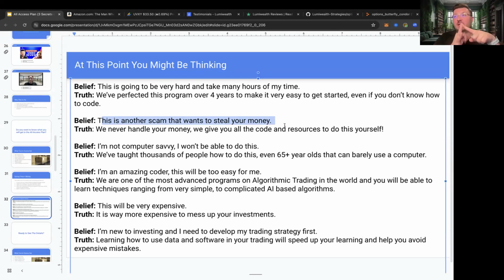We're starting a hedge fund, but the minimum to our hedge fund will be at least $250,000. But we're not handling your money. I don't want to touch your money. You know what I mean? You put it into the broker, the broker handles the money. We give you the algorithm, you run the algorithm, and it all completely stays with you. I don't want to see your money. I don't want to touch your money.